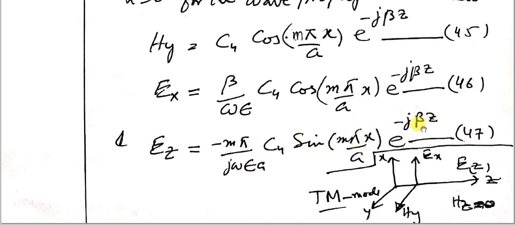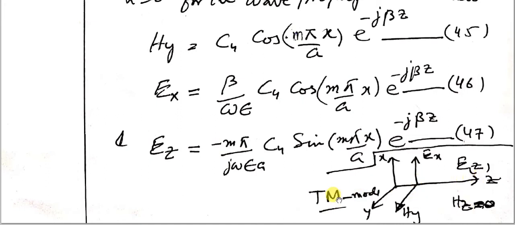Remember, this j beta z is responsible for the propagation, the imaginary part. If the alpha part is not 0, the wave is totally attenuated and will not move forward. It will only move forward if alpha, that attenuation, is 0, and then we have j beta z, and it will move ahead. So the final configuration we have got now is Ex, Hy and Ez,